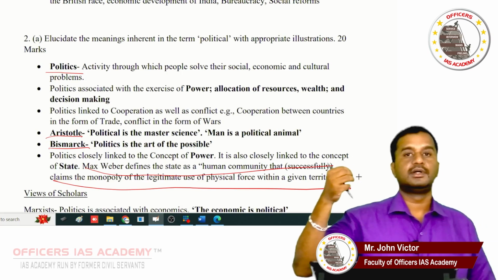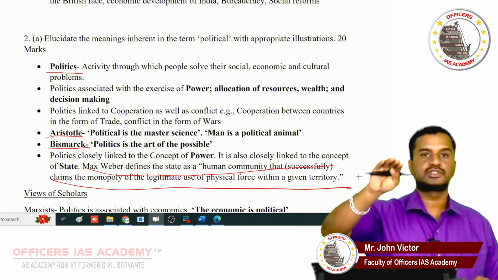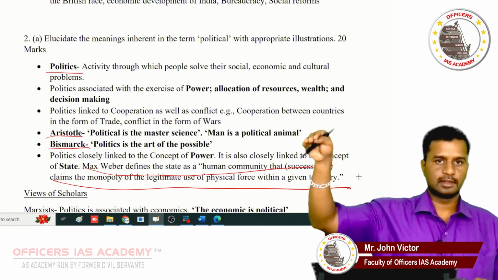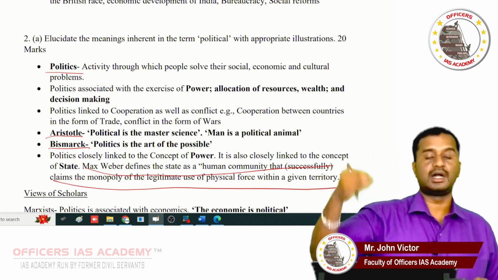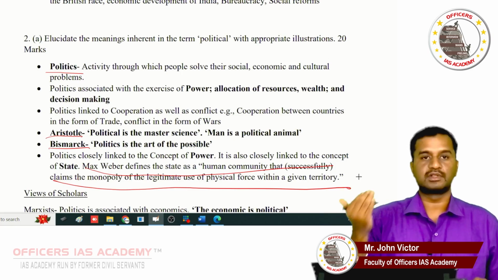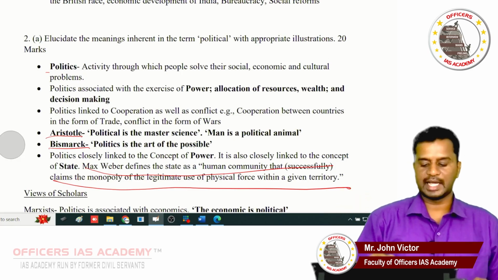So try to give different conceptions of the term political. Mention scholars and write what they told about politics. This is expected from UPSC for this question. Try to make the answer